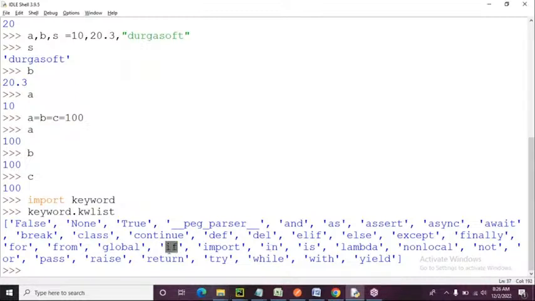If is used for conditional statements, while for loops, for loops, return some object. Try and except are the two keywords which will be used in exception handling. Def is to define a function, assert is to validate a particular content. So break and continue, or and pass, all these are